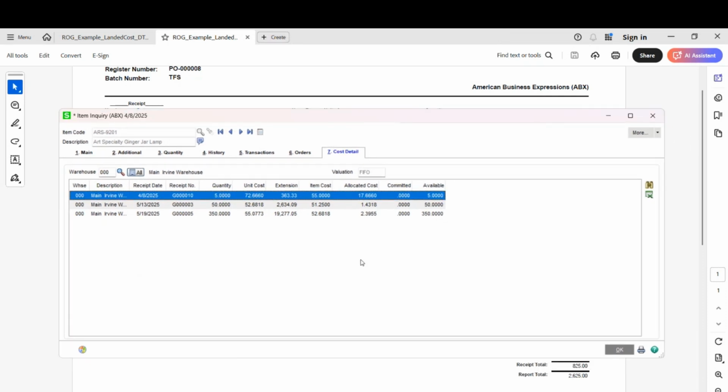So landed cost is the basis for this whole thing. And Anthony sent around a quick overview of landed cost, and we'll certainly share this link with everybody so that they can try these things on their own to see if what I'm saying makes sense to them. But landed cost is how Sage wants to do this. And then you can update those tariff rates. You can do whatever you want to. Now,